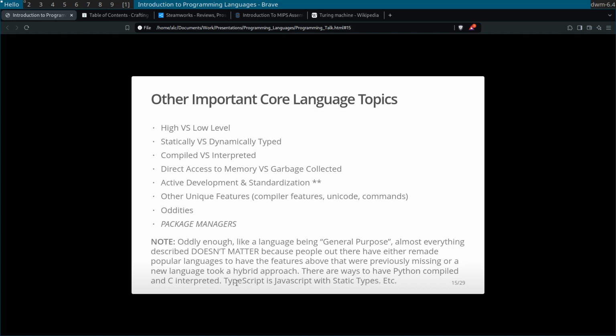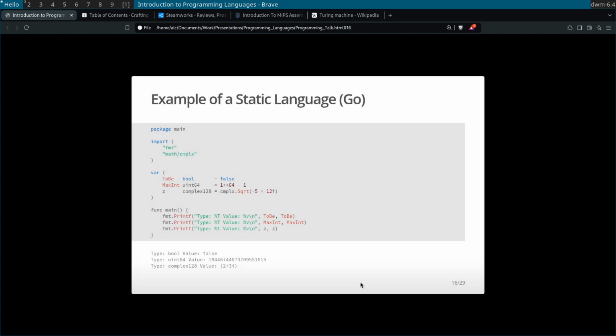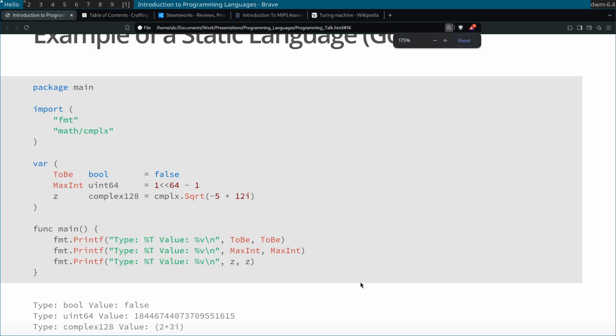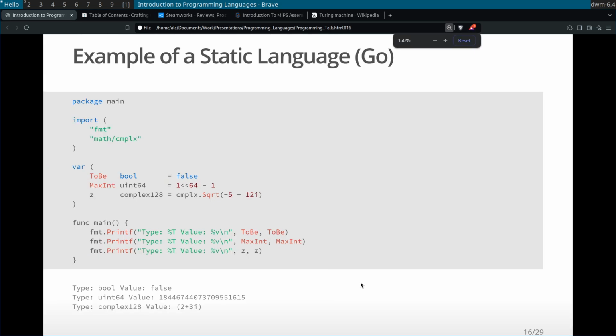And then another example is TypeScript, which is JavaScript with static types, because JavaScript is a dynamic language. So here is an example in Go. Let me zoom just a little bit out. Go is a static language.